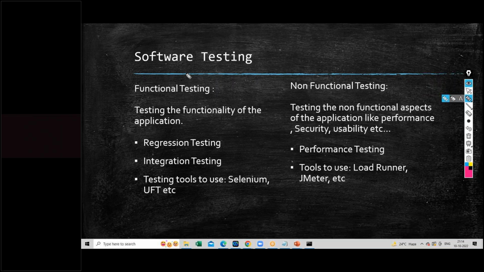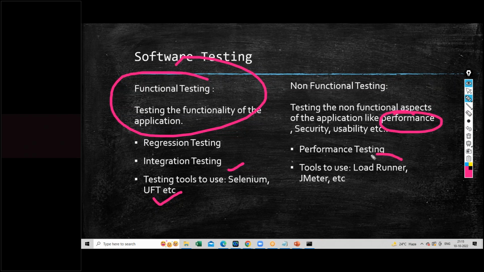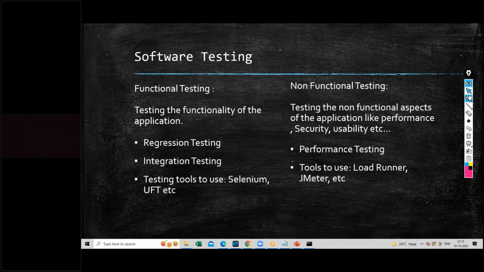The regression is also done by the functional automation testers, and they use tools like Selenium, UFT, etc. But as a performance tester, I'm more focused on the non-functional aspects like performance, and we use tools like LoadRunner, JMeter, Gatling, NeoLoad, etc. Of course, the most widely used tools are LoadRunner and JMeter. These two are the most widely used tools. But okay, the same thing, if I want to